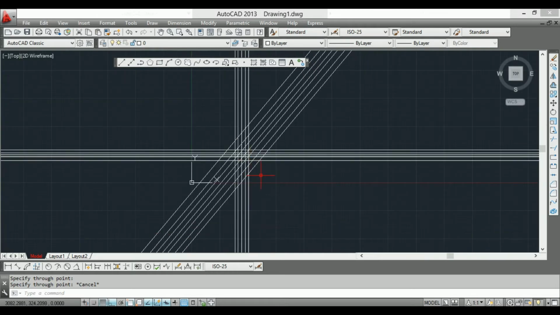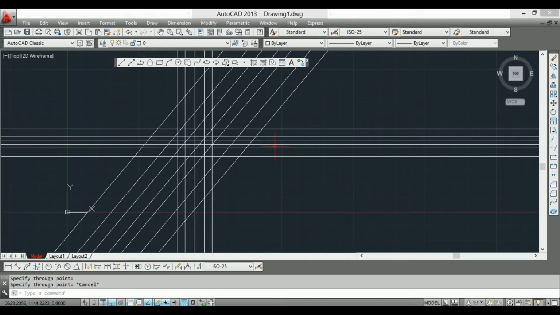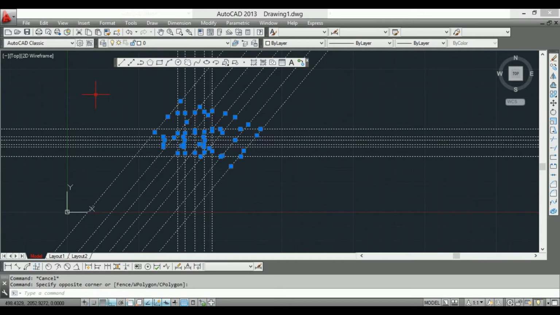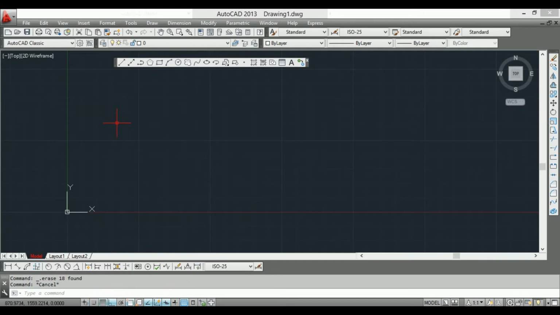One more thing, guys: in construction line there is no dimension, it goes to infinity. You can't measure the dimension of a construction line. Basically, construction line is used to make projections like third angle projection, first angle projection, to make a top view, side view, right side view, left side view, bottom view. This is basically used for that.